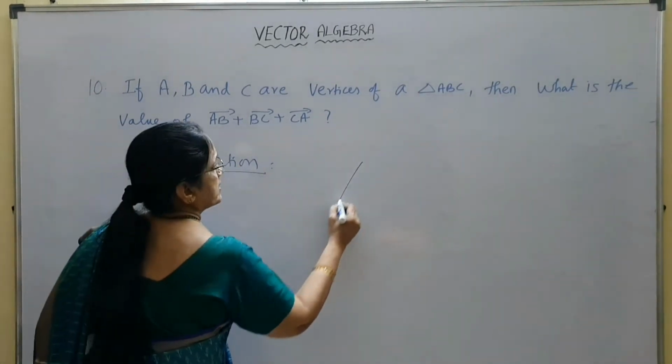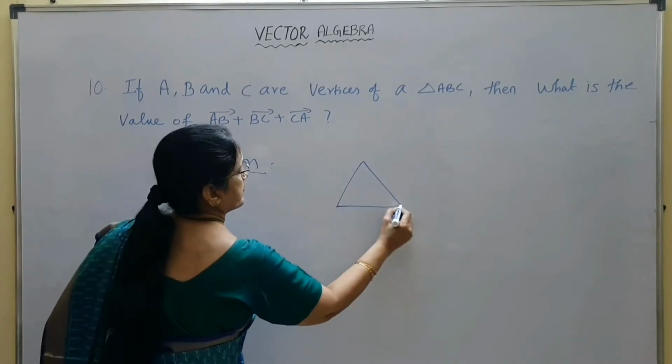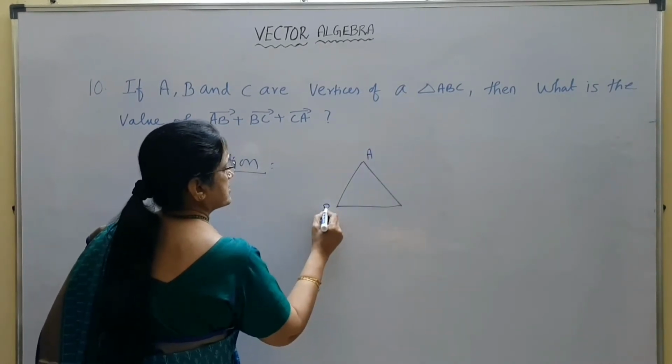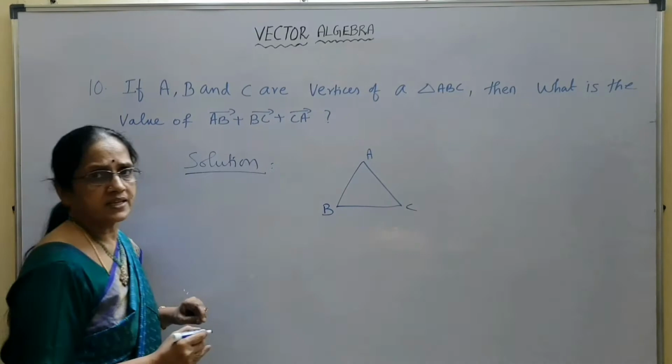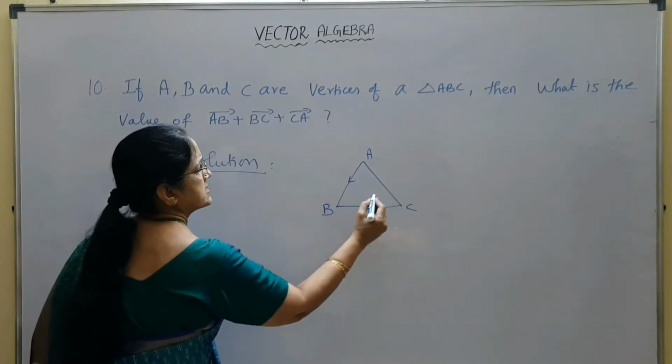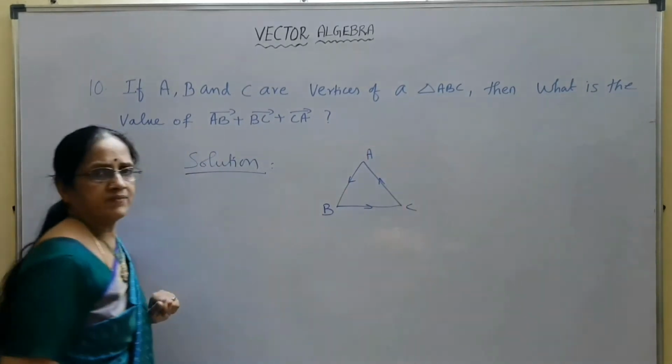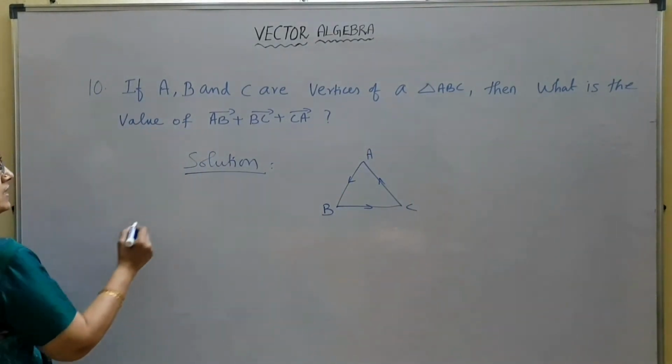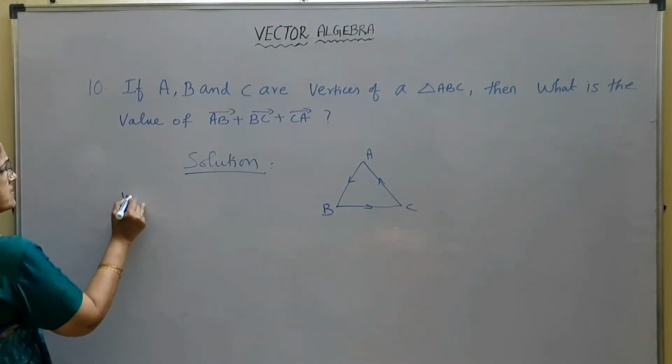See, here you have been given A, B, C are the vertices of triangle ABC. You need to find the value of AB vector plus BC vector plus CA vector. Okay. Now, we know that